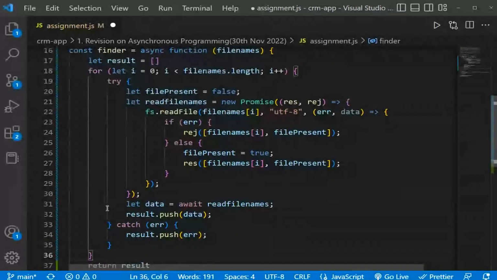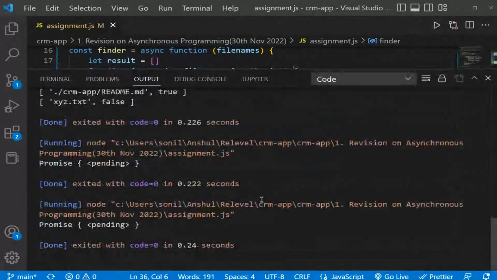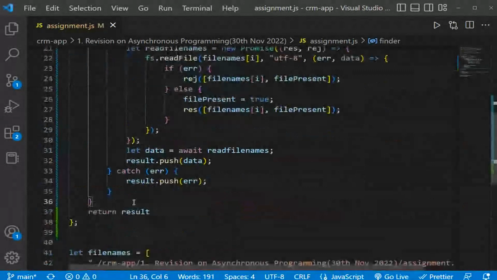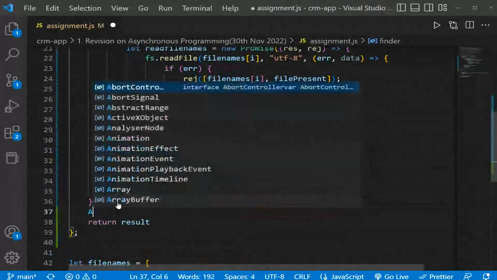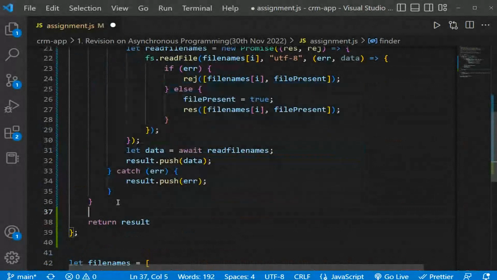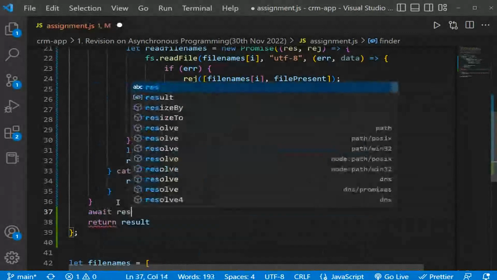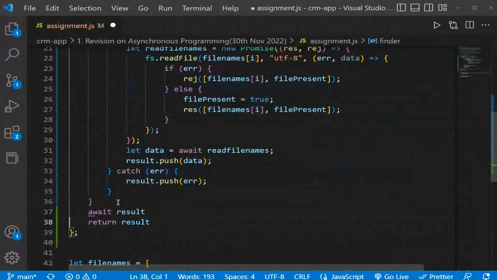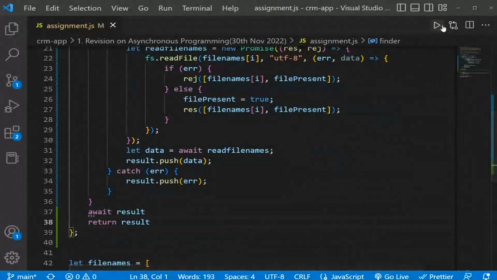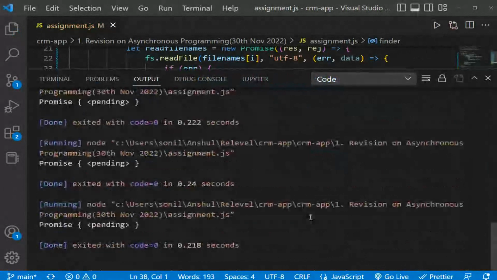Save it, and this one more time. Promise is pending. I can just do await result. Save it and run this.